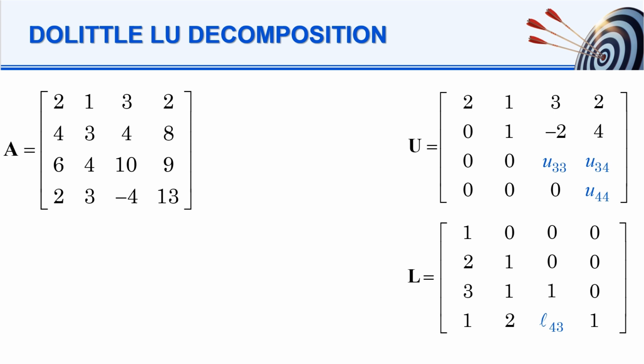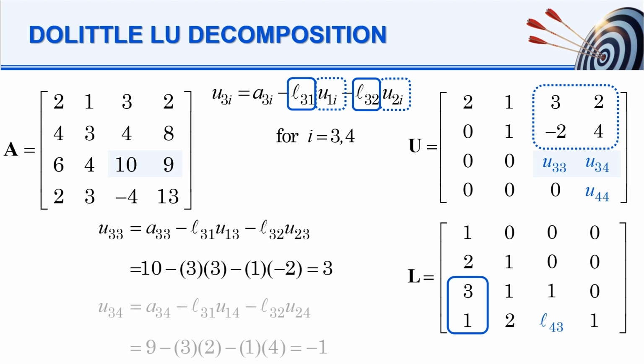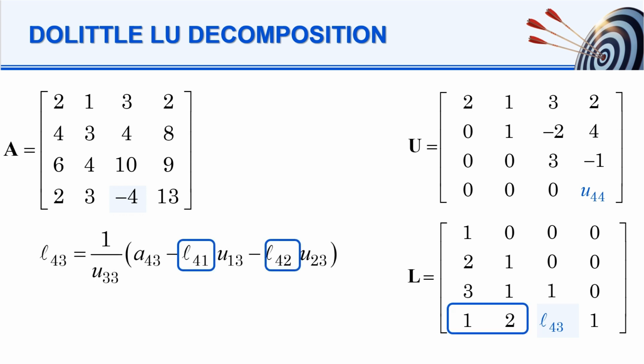Then we advance to the third row of U to determine U33 and U34. The elements of U have already been computed. So using this relationship, we obtain the following values. Now we will move on to find the third column element of L, L43. All required quantities in the relationship given are available, so we find